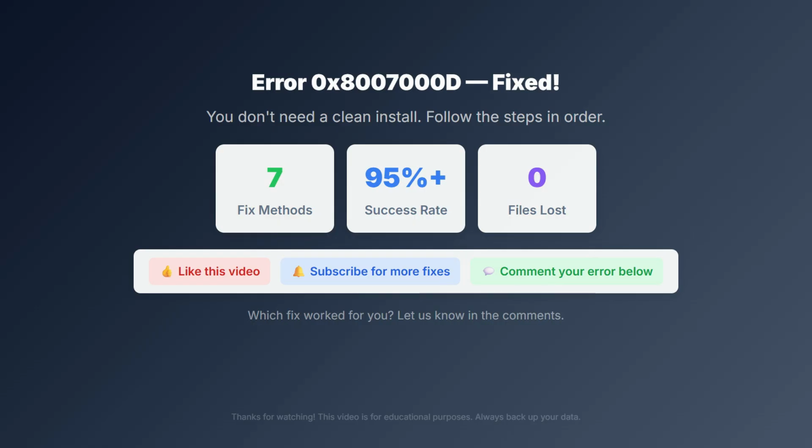And that's how you fix Windows Update error 0x8070D. 7 methods, up to 95% success rate,